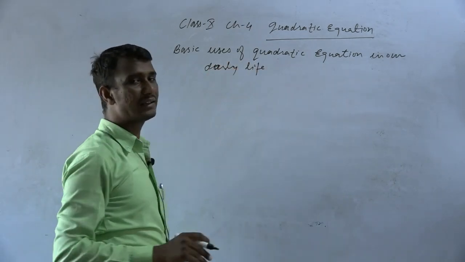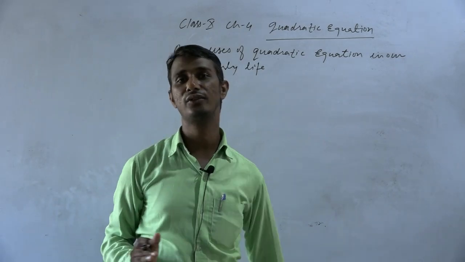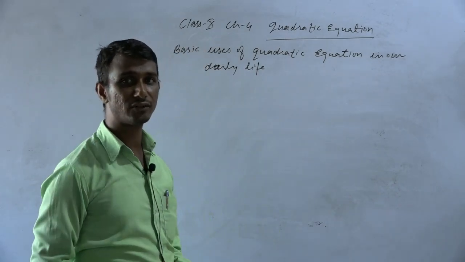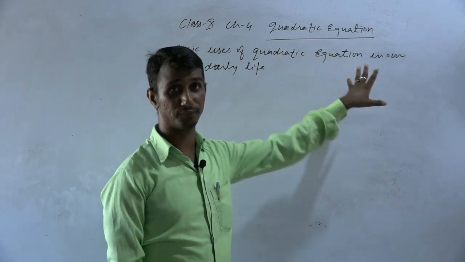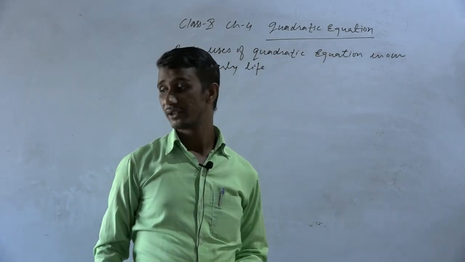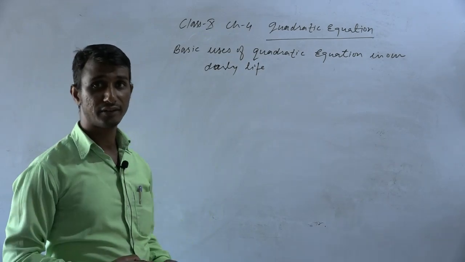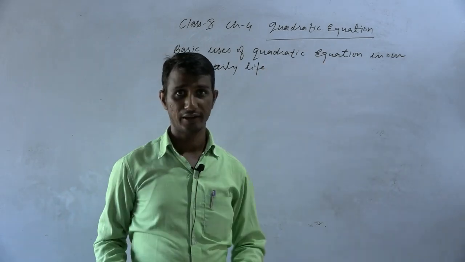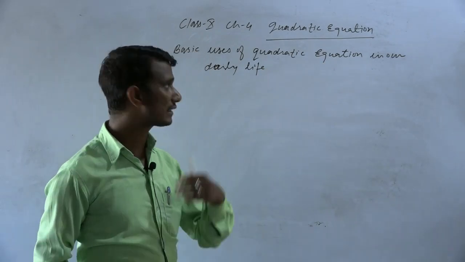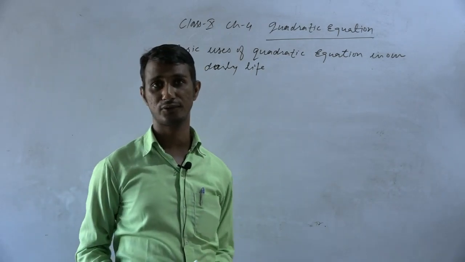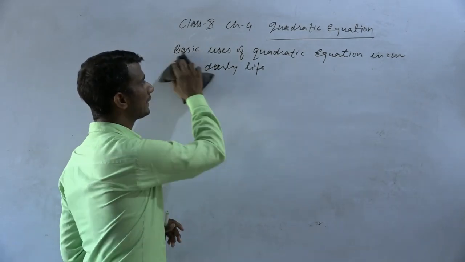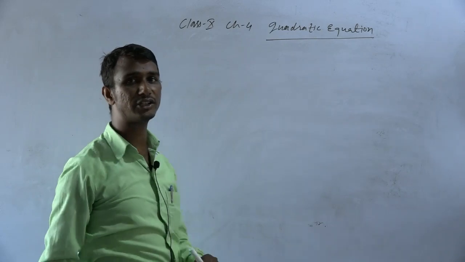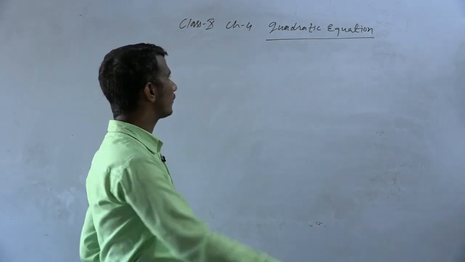Today we shall learn about some word problems related to our daily life, some situations created in your daily life, and we want to convert all these word problems into quadratic equation form. This is very important: how to frame, otherwise how to convert the given statement into a quadratic equation. After that, in upcoming videos we shall learn about the solution of the word problem. We will use two methods in this chapter. First is the factorization method, that is called the splitting method, and second is the quadratic formula.